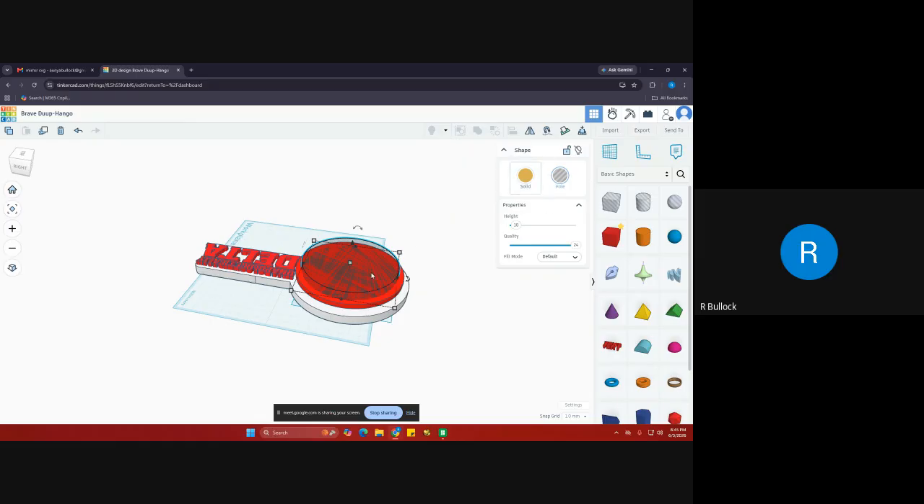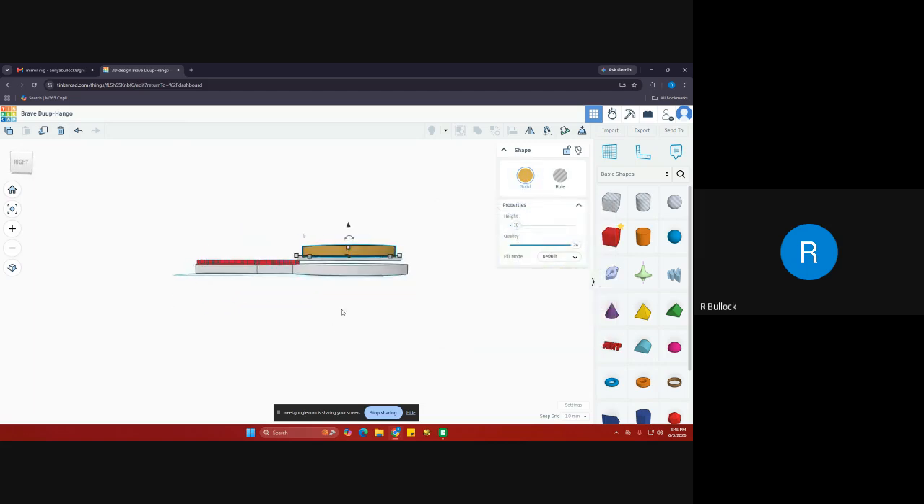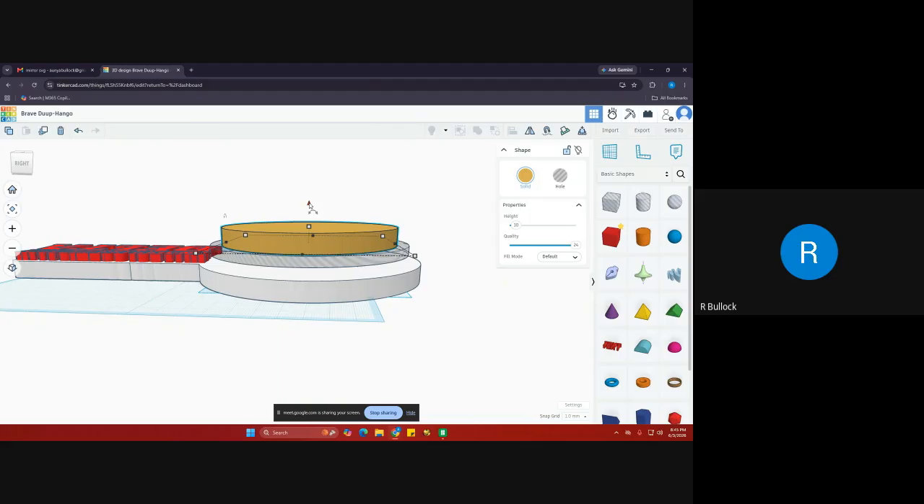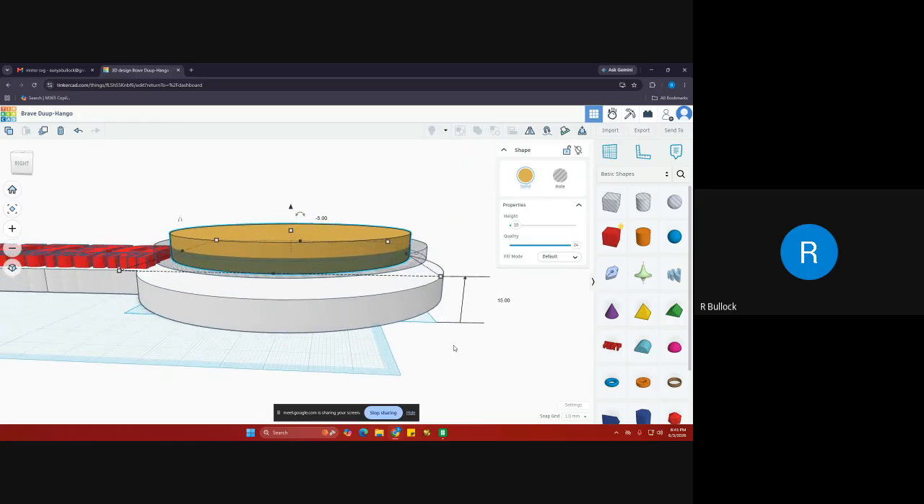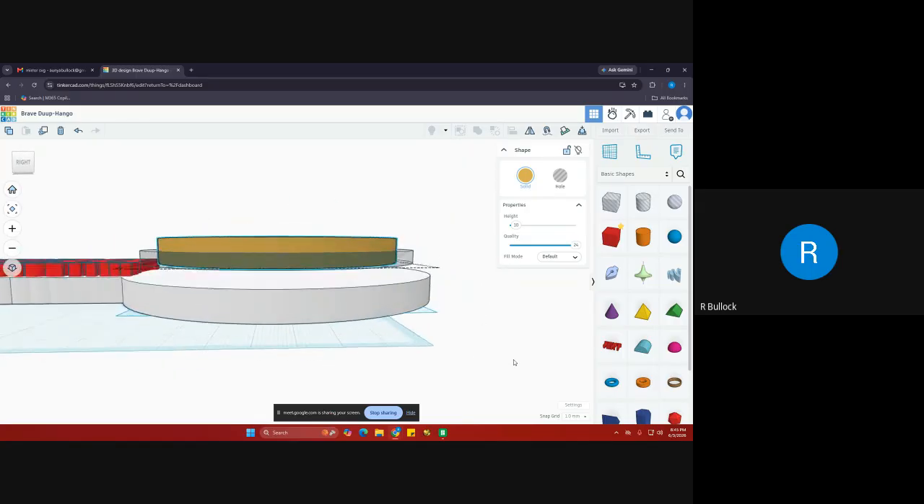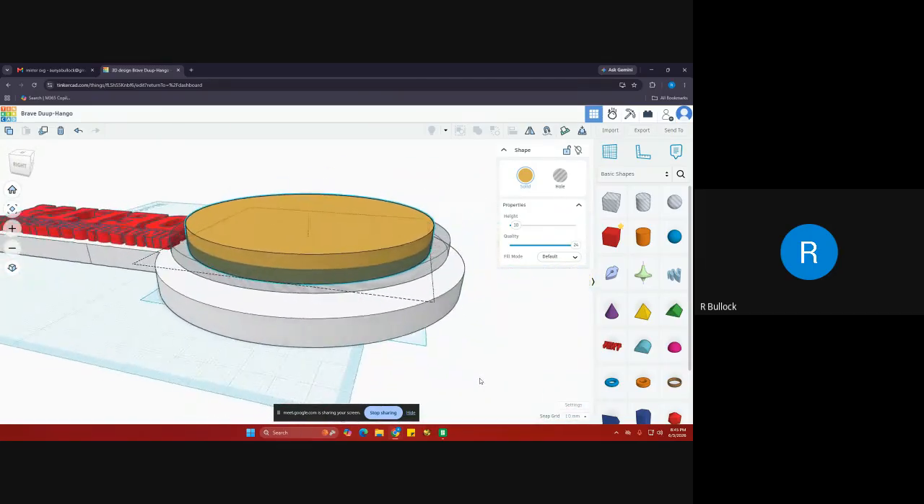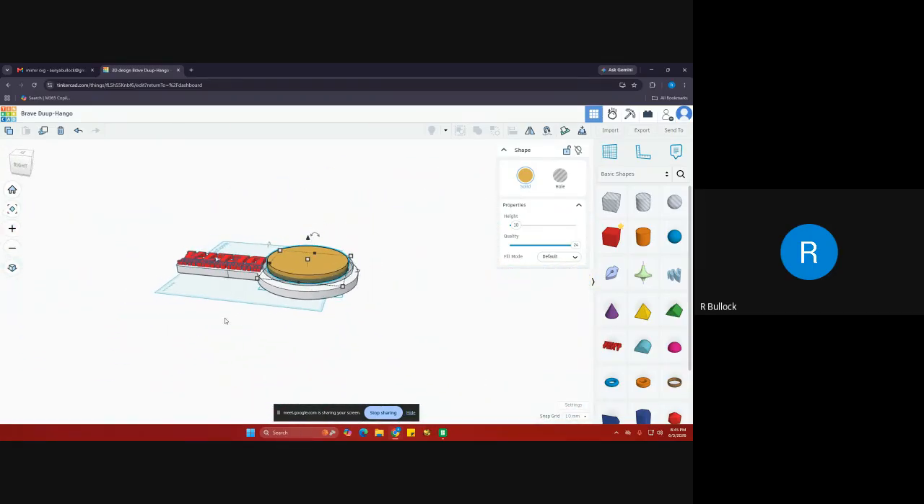Well, actually, we're going to turn the bottom, the red one, into a hole first and leave the top one as a solid so we can get in there and see where we want our mirror to sit. And you just come in here and scroll that down to your liking. And once you have it in there the way you like it,